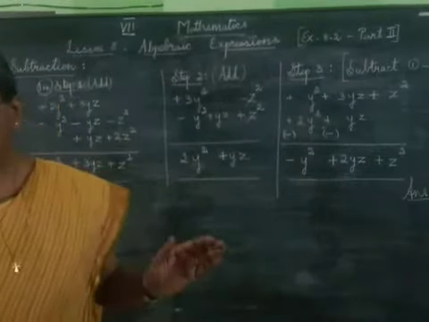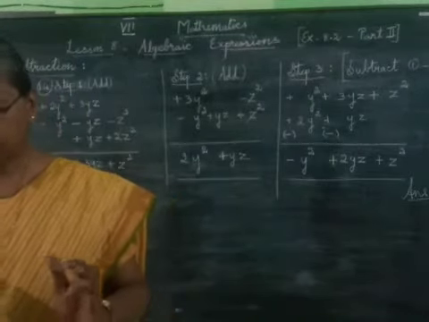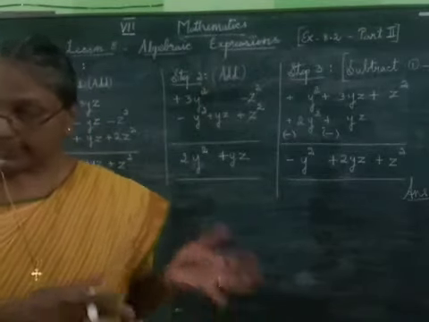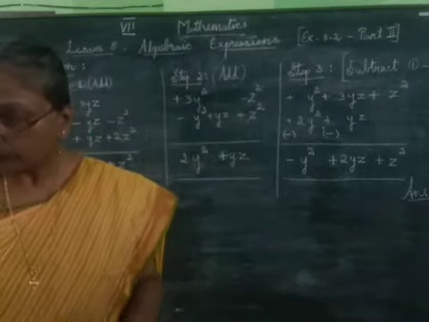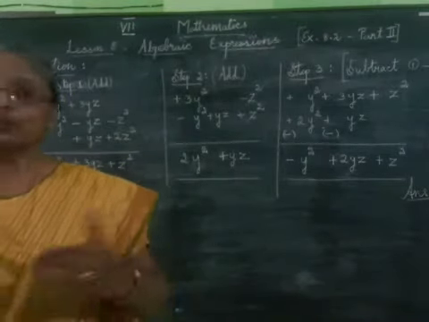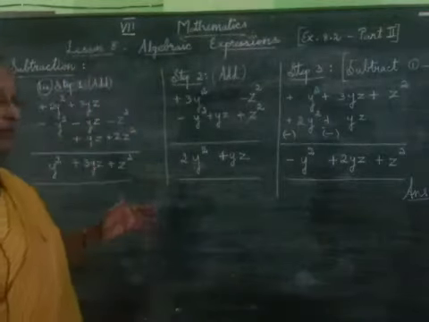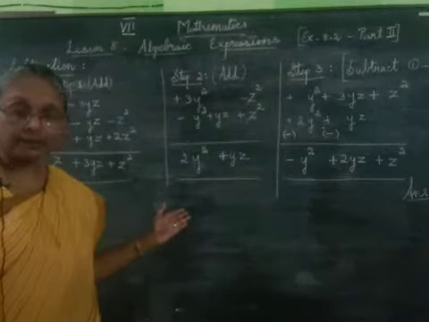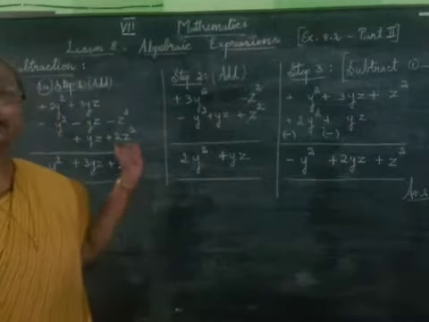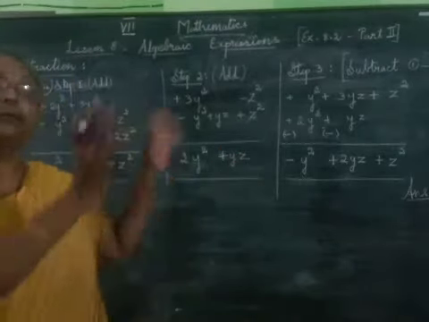find the sum of 3 expressions first. 3 expressions are given. We are asked to find the sum. Then from that sum, we have to subtract the sum of another two expressions. We are given the first 3 expressions, asked to find their sum, and then to subtract the sum of another 2 expressions from it.